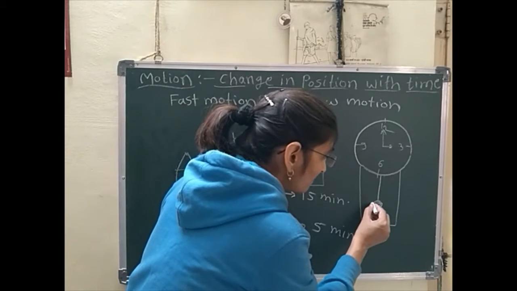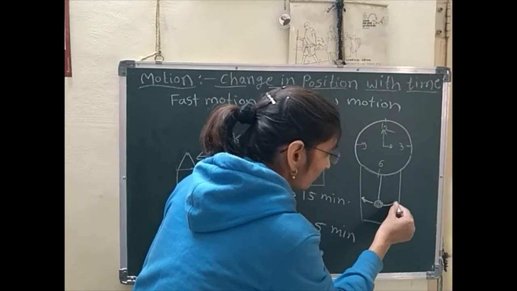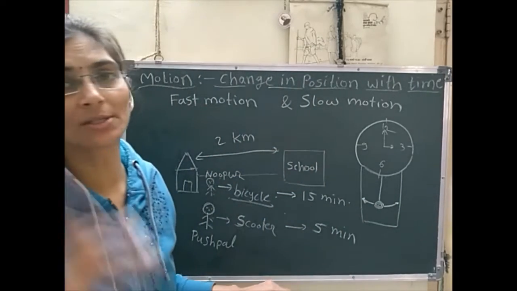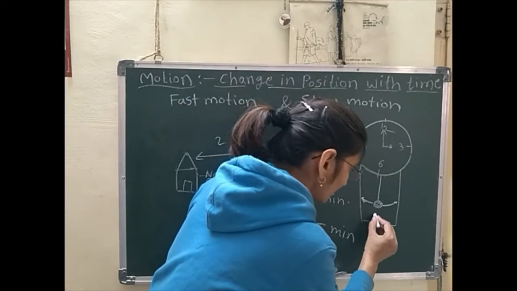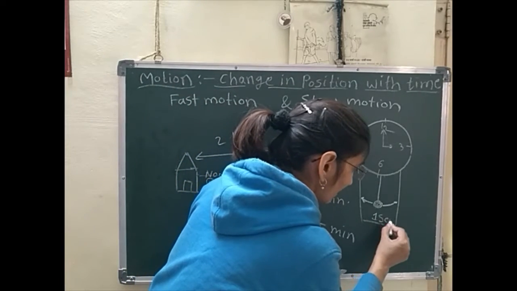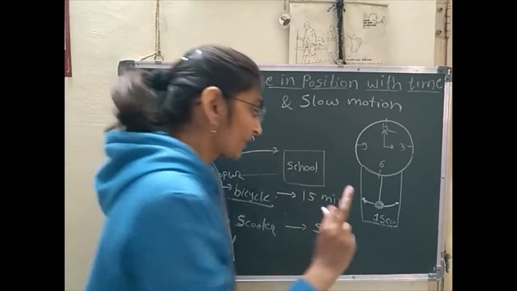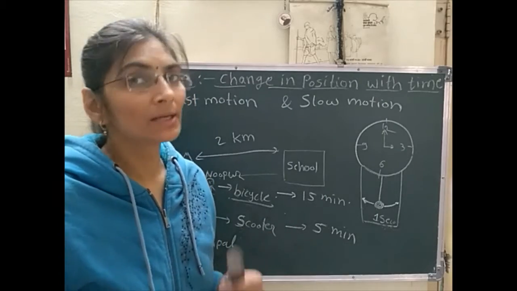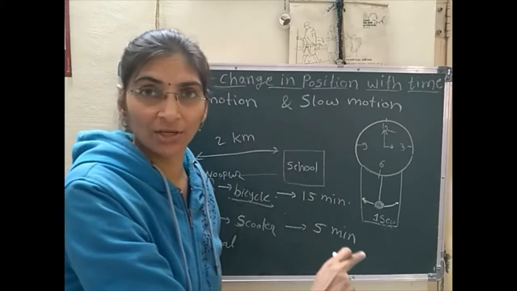The pendulum travels to this point and then to the other point, but the time duration for one oscillation is constant for each oscillation. Suppose it is considered as 1 second. For one oscillation, 1 second, the pendulum travels, and after 60 oscillations,